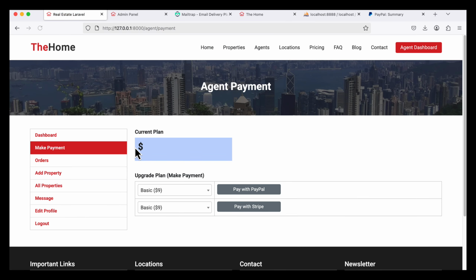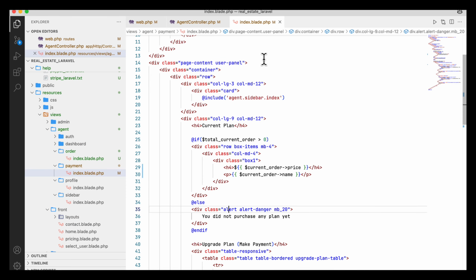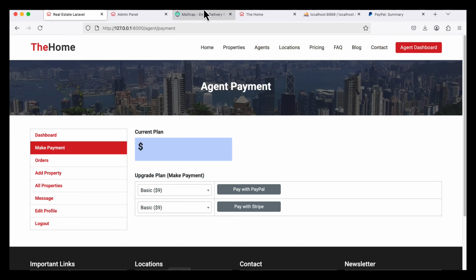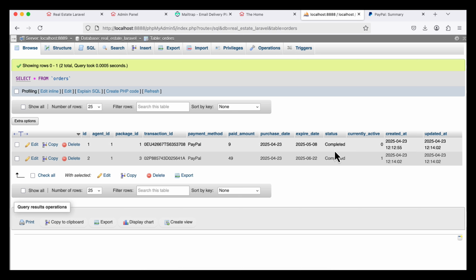So if I refresh, you will see nothing coming here. Why? I am going to fix it. The current order, again check. So I am going to check currently active equal to 1, order table where agent ID is this, and where currently active equal to 1. So current order first. I am again going to check it. So from the orders table where currently active equal to 1,